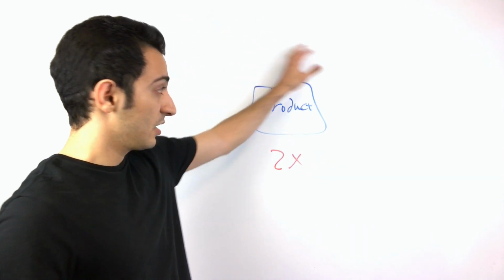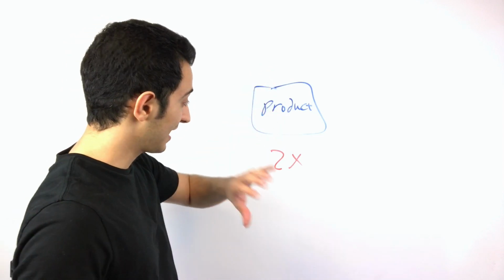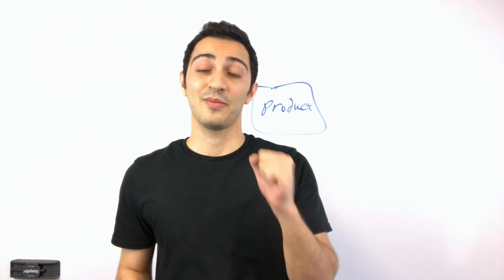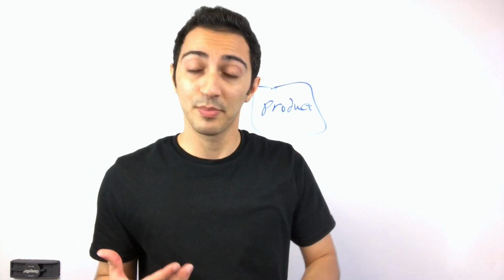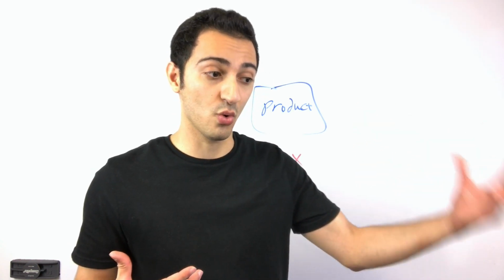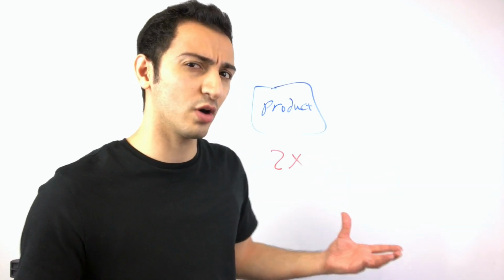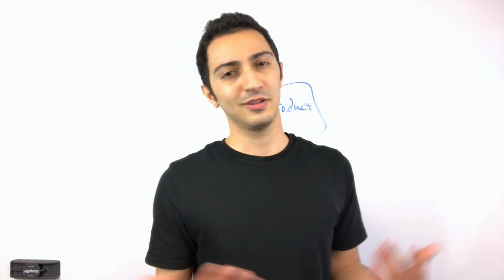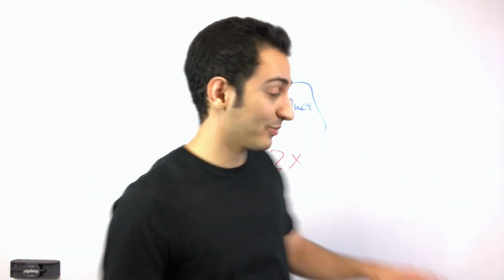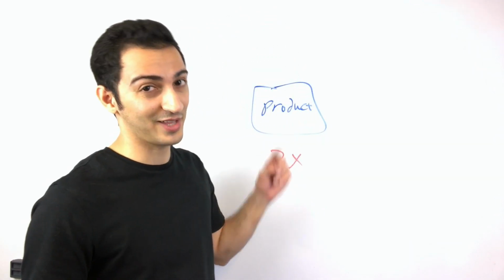Okay, so again, in this video we're going to talk about choosing a product, and how to add more value to it, that makes it easier to sell, and also people are going to actually look for your offers. So people are going to like your offers, because as an affiliate, when you choose a product to promote, you're not going to be the only one that promotes it. You're going to have a lot of competition. So in order to stand out, you need to add more value. So that's what we're going to talk about.